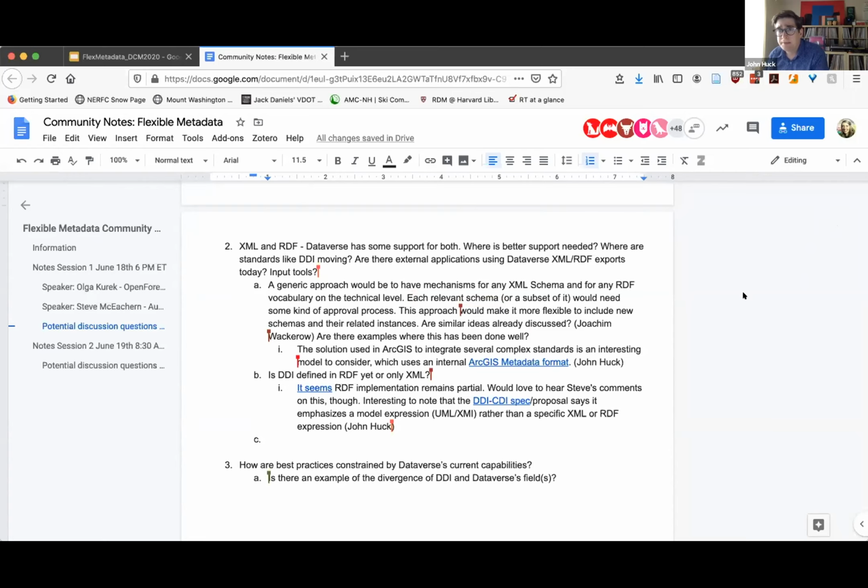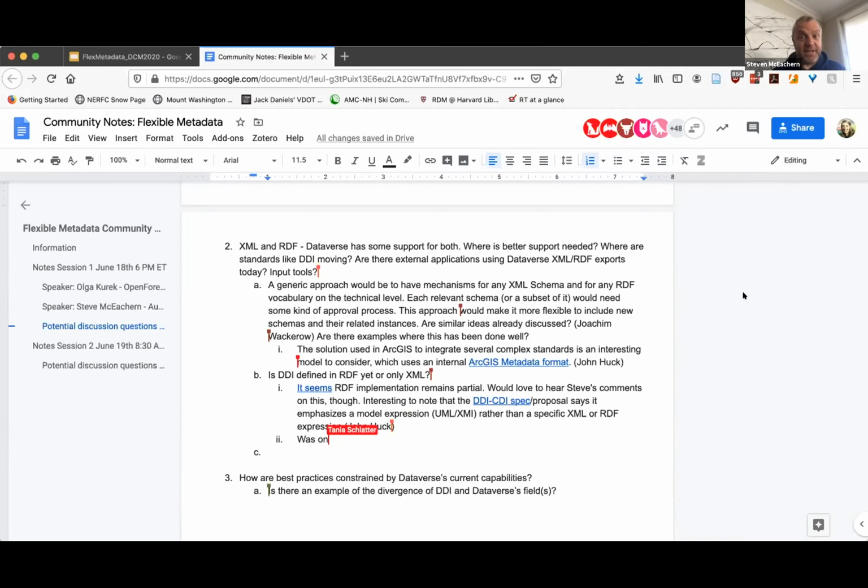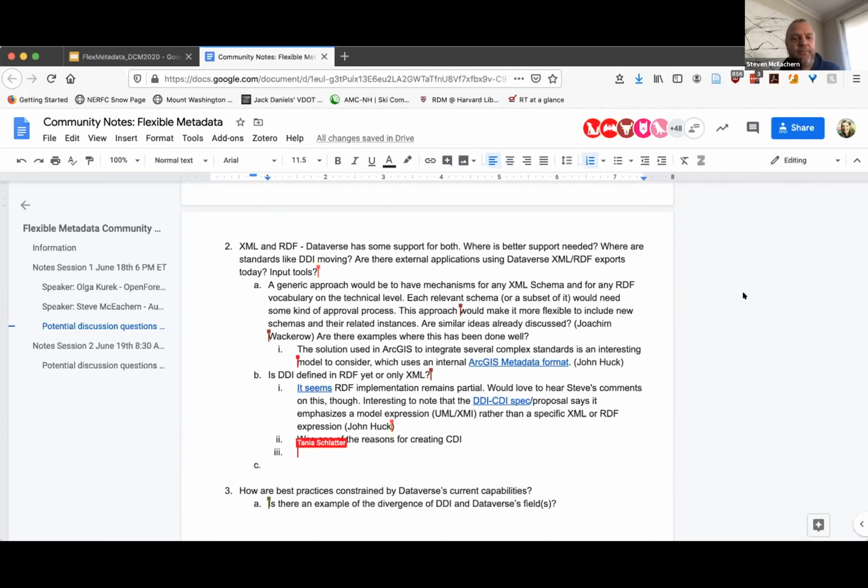Yeah. So there is an implementation of a part of DDI. It's called the Disco vocabulary. This was actually one of the reasons for producing CDI. I didn't go into the details, but I put a couple of the introduction videos into the chat for folks. RDF is certainly a part of that. Our problem in the DDI technical group has been a lack of expertise in RDF. Quite literally. We've had some really good RDF people.